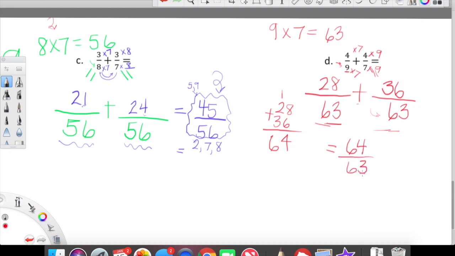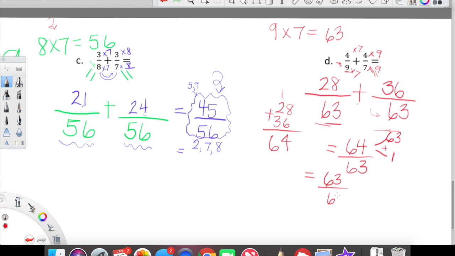63rds. Oh, but Miss C, that's an improper fraction. I can simplify this fraction. Indeed, you can. You guys are recognizing that 64 is larger than 63. Improper fraction alert. Let's go ahead and simplify this fraction so that they are not embarrassed to be seen in public. I can decompose 64 into 63 plus 1. So we can rewrite 64/63 as